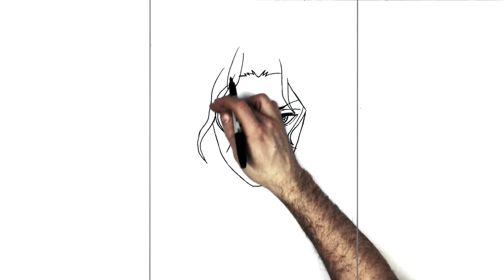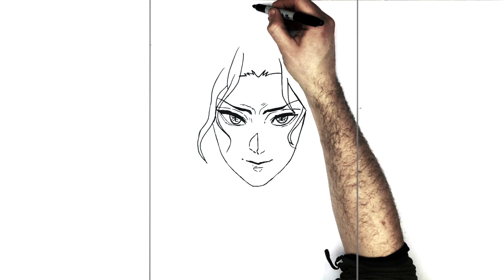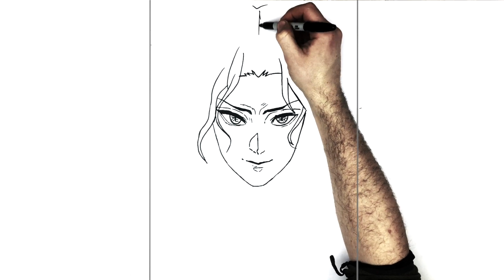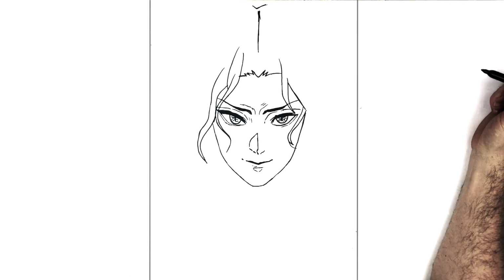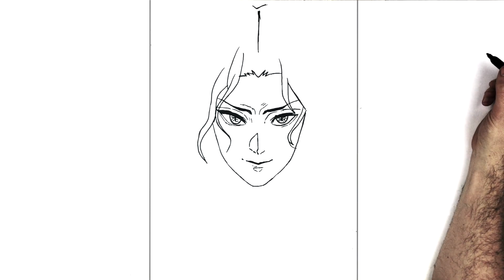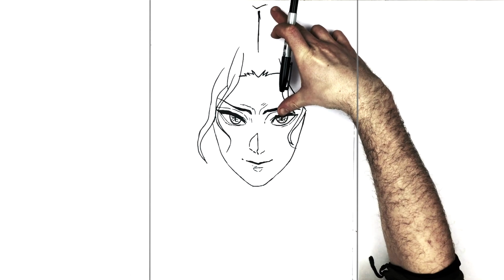And then we're going to start adding the ones that go all the way around his head. So the top of his head is just, say, here, because he's got a part in the middle of his hair. Just like that. And then the hair is going to flow down this way. So we'll start from the top. So the top of the head